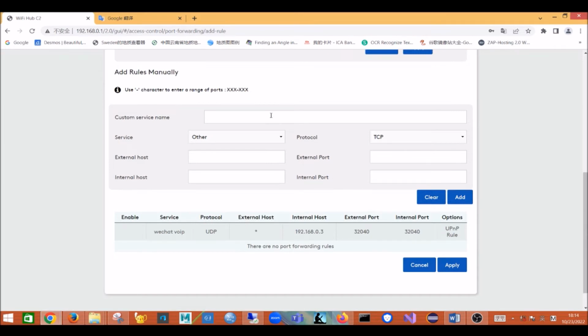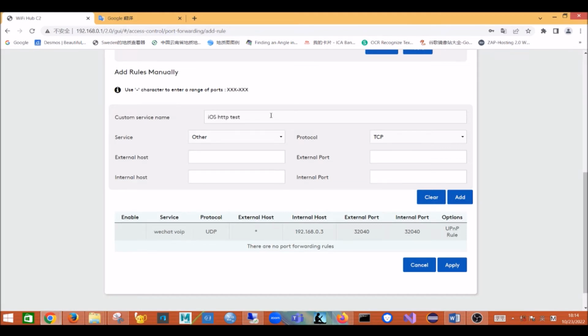So basically what it does is, when some other device from the external network is visiting us, for example, if they use the HTTP protocol, which is port 80, we're going to send it to my iPad, which is 192.168.0.3. So right now we give it a name. Let's say